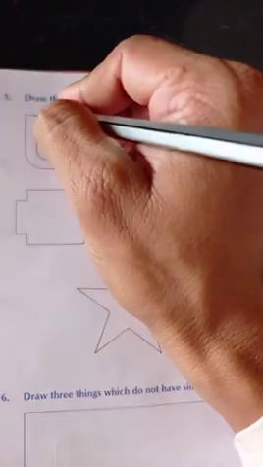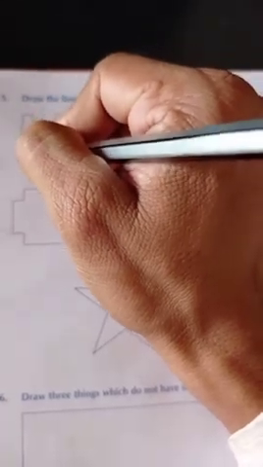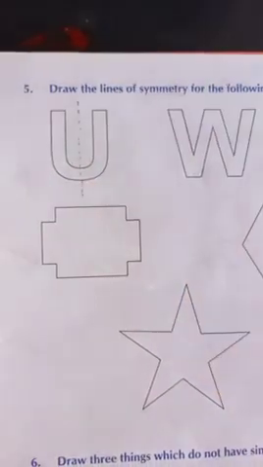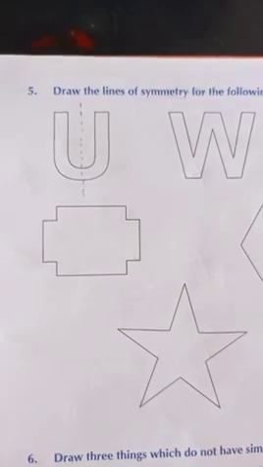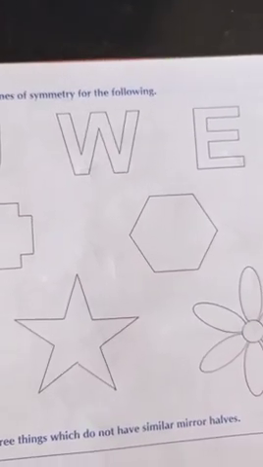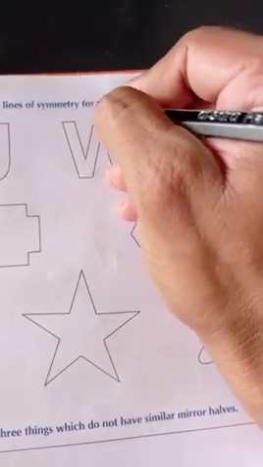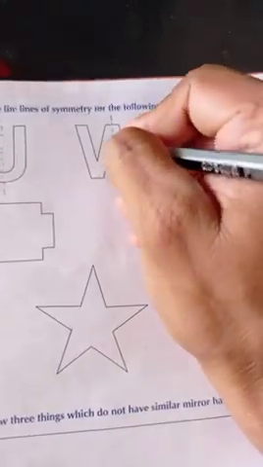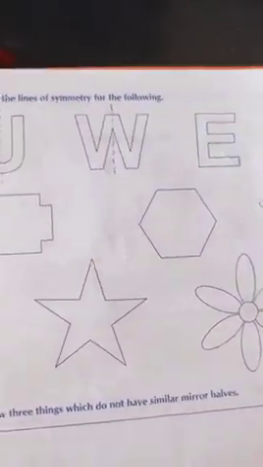Okay, now we will try this with dotted lines. Yes, it becomes half now. Equal parts, we can divide it into exactly two equal parts. Yes, you can cut it like this. Now W, how to draw a symmetry line? Now here we have to draw a symmetry line. This is a symmetry line. Yes or no, children? Okay, W.